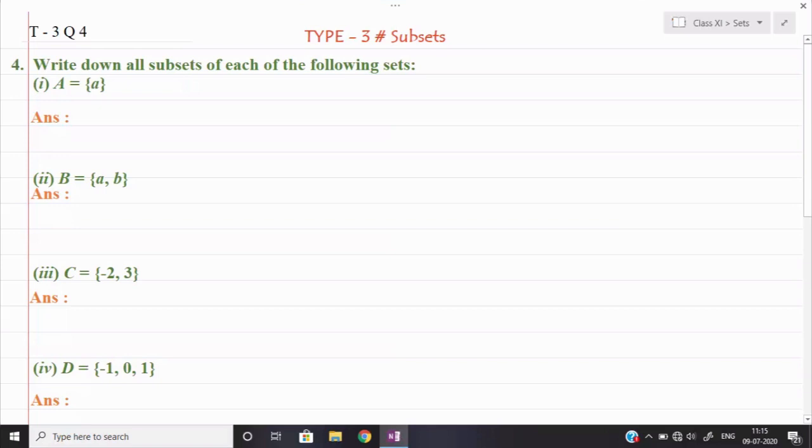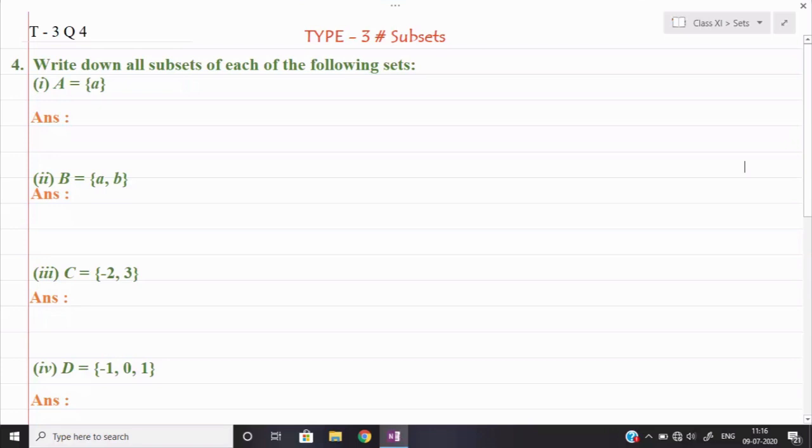So today we are starting some related concepts of the subset. In this first question, we shall find out how to find the subset of a given set. As I told you earlier, a subset is a part of a given set. For example, suppose we have a given set 1, 2, 3. The elements are 1, 2, 3. So 1 can be a part of the given set, 2 also can be a part of the given set, and 3 can also be a part of the given set.